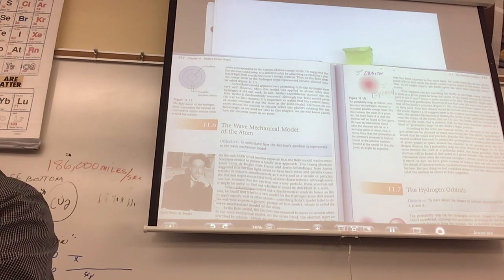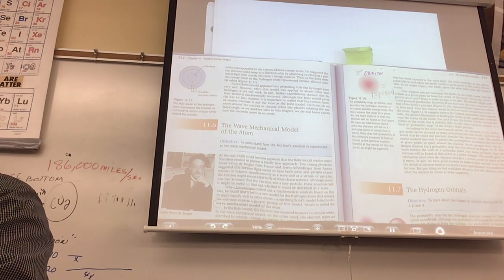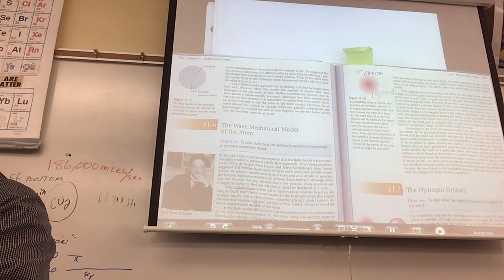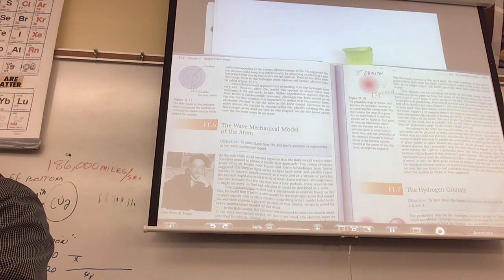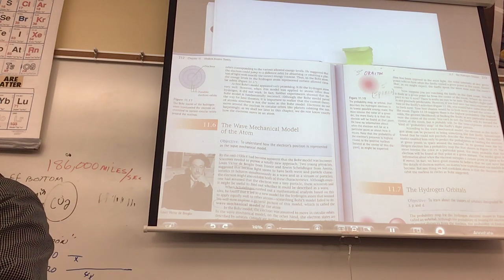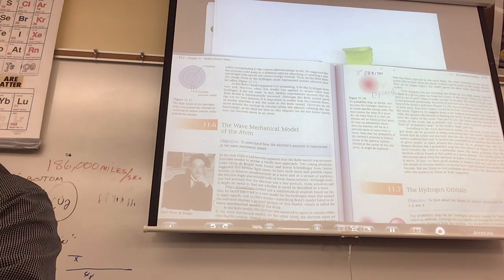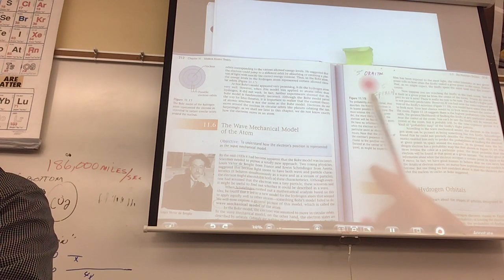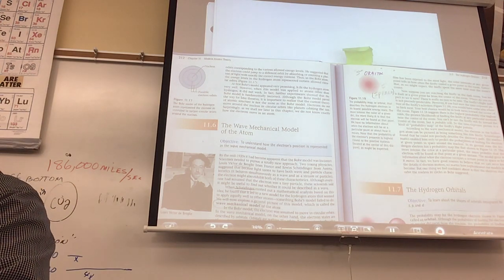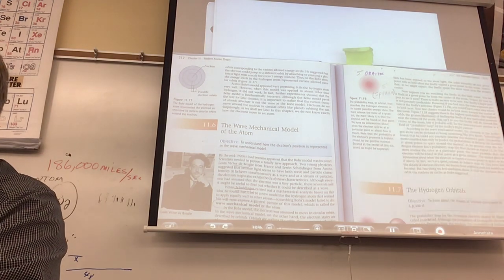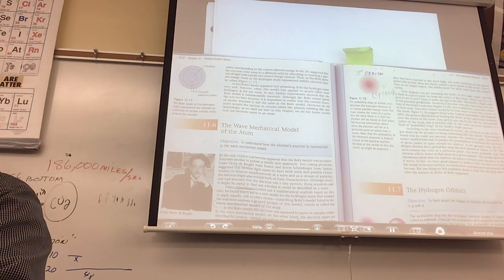Now, anyway, this is called an s orbital. I don't need to tell you why they called it s, but if you want to give me the wrong answer, it looks like a sphere. That's not why they called it s, but that's close enough to remember it, okay? An s orbital looks like a sphere. Now, here's what they found out. The electrons are in that somewhere doing something 90% of the time. Matter of fact, 10% of the time, it might be over here. It might be here. We don't know. But 90% of the time, it's going to be found there somewhere.